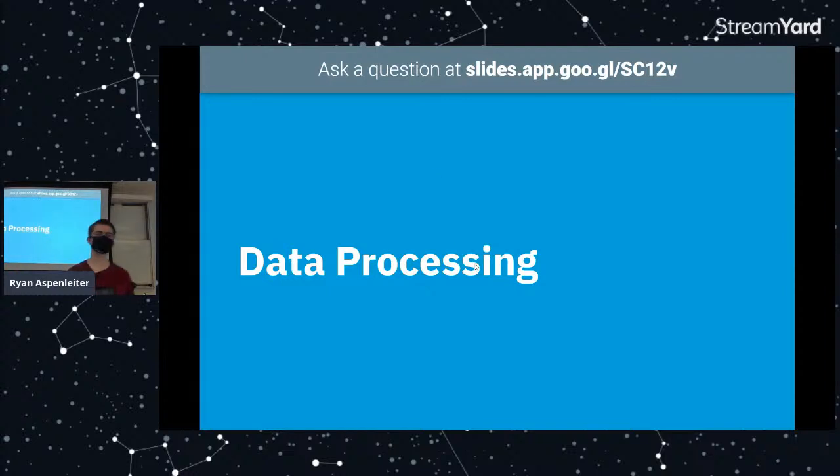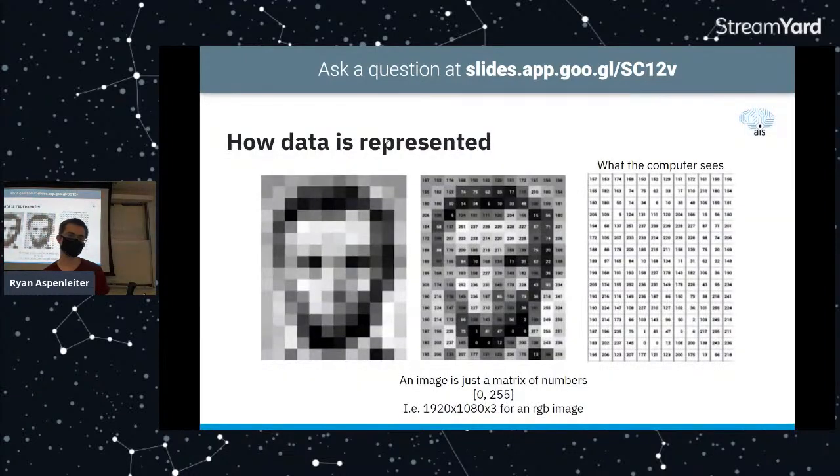So moving on, data pre-processing. When it comes to images, which is something you'll see a lot, there's a number of cases, but let's talk about a grayscale image, an image that only varies between completely bright and completely dark colors.